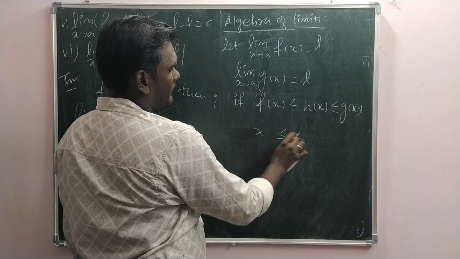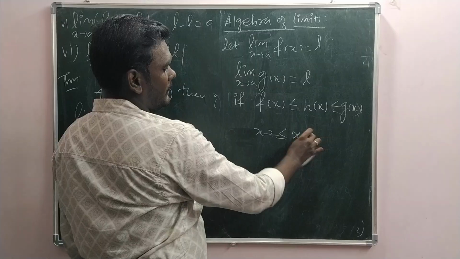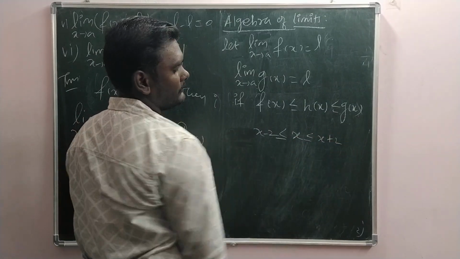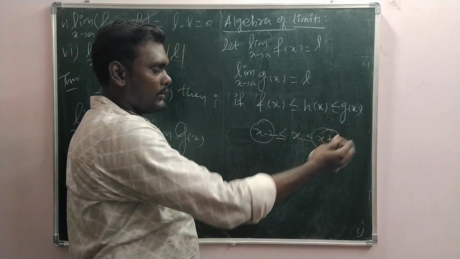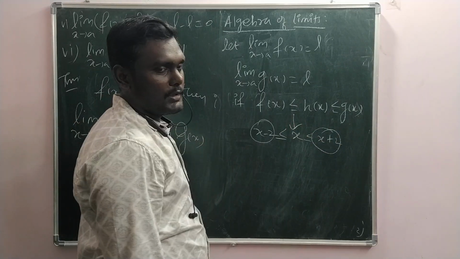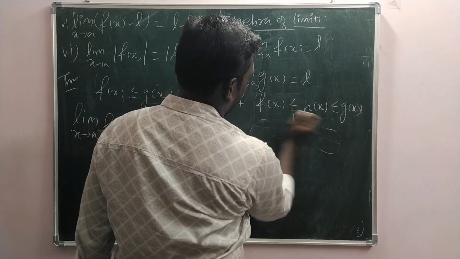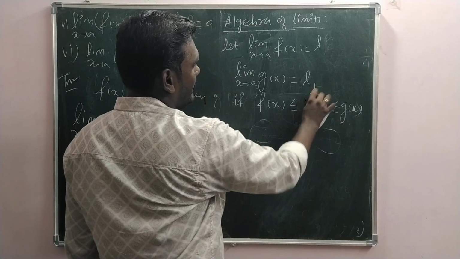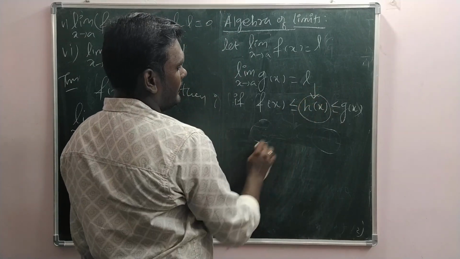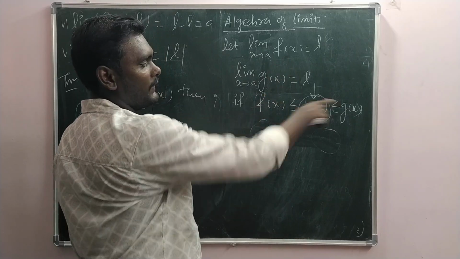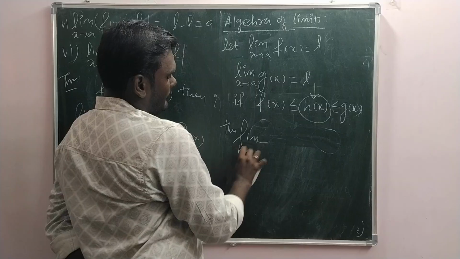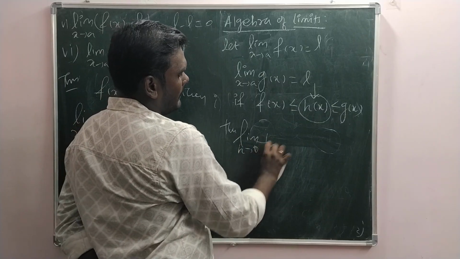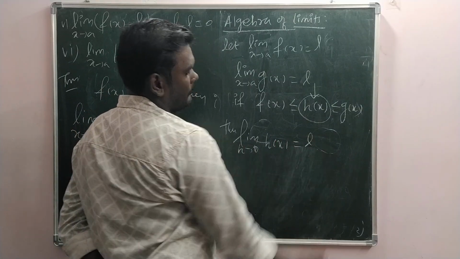It will be less than or equal to x minus 2, and this will be less than or equal to x plus 2, right? So where these two functions are approaching, there only this function also will be approaching. This exactly looks like a sandwich, like in between this function is there, right? So as f of x and g of x approach L, then this h of x also will be approaching L. Okay,